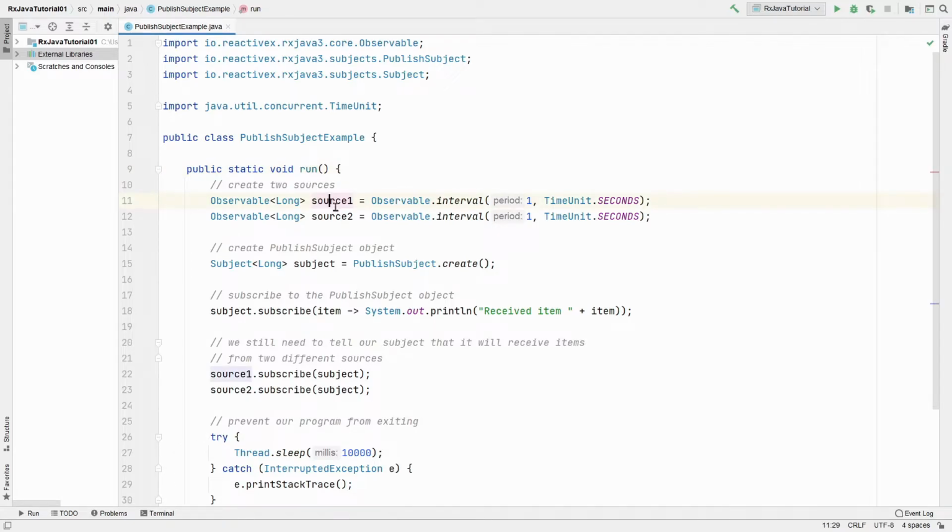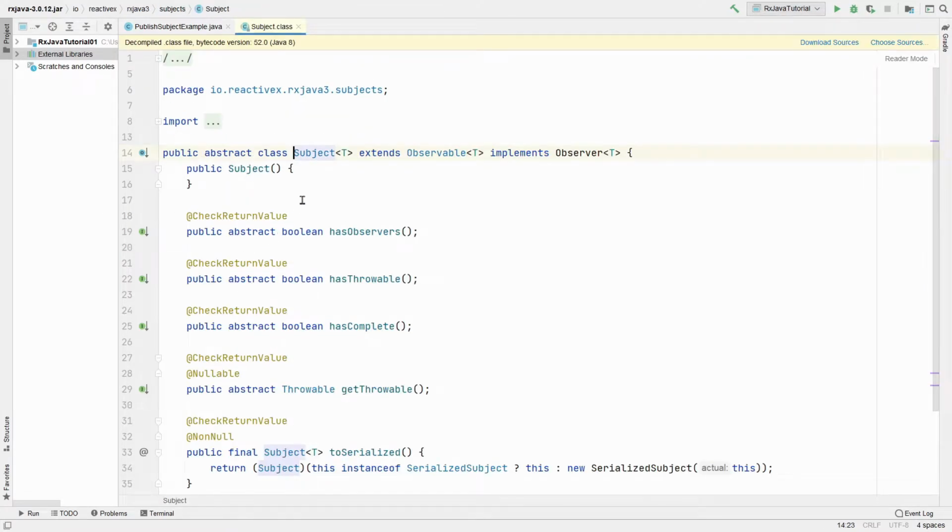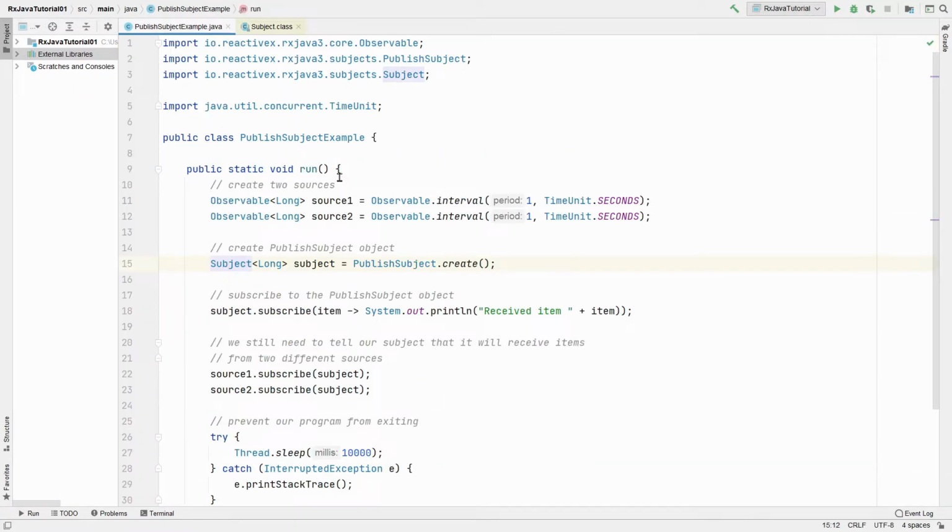So I'm creating my source 1 and source 2, which basically emit items every second. In the next line, I'm creating my subject, which is at the same time observable and observer. To prove that, let's take a look at subject class. As you can see, it implements observer interface and extends observable class. So we can access methods from both of these entities. The next line, I'm subscribing to my subject, and this is the place where we'll receive all items from source